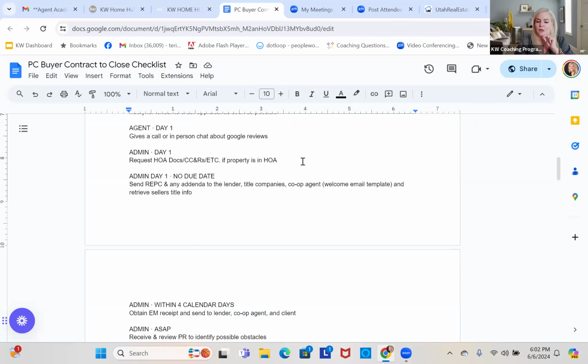Requesting HOA documents, CC&Rs, etc. When we receive our seller's disclosures from the seller side and we represent the buyer, HOA documents and CC&Rs will all be included. We want to make sure our buyer has a chance to review those. HOAs and CC&Rs are hundreds of pages long, so I do not read them. I give them to the buyer and I expect the buyer to read them or ask if they have